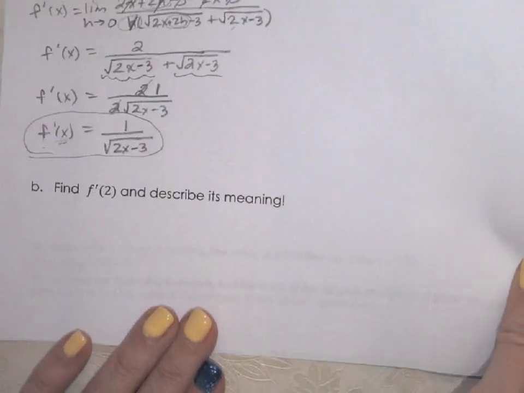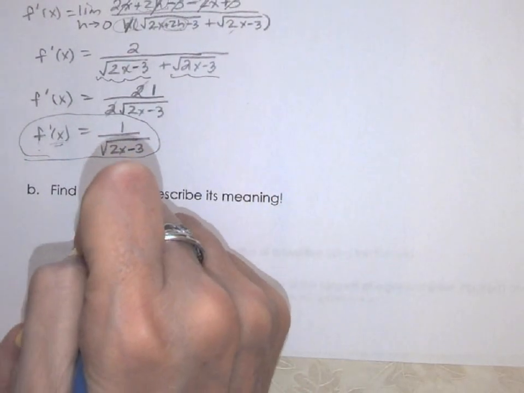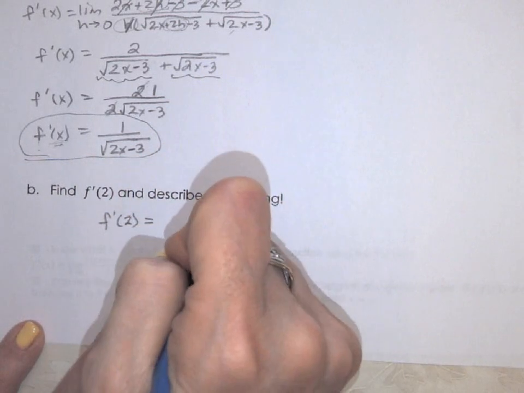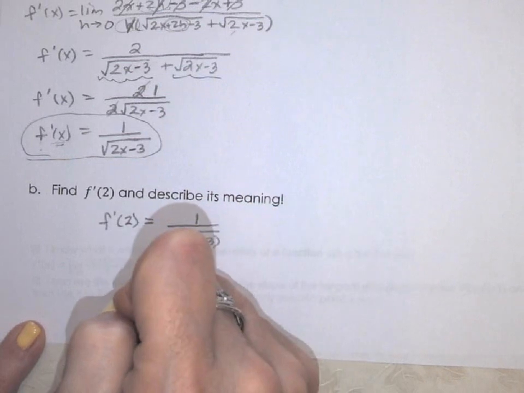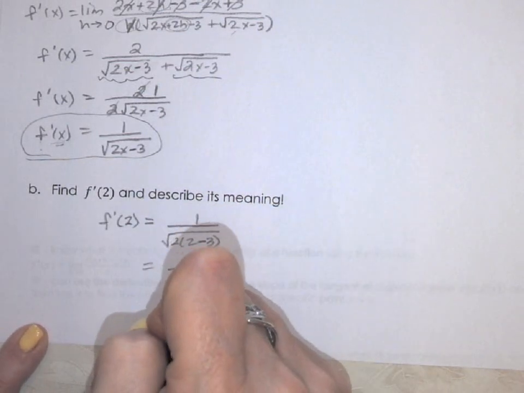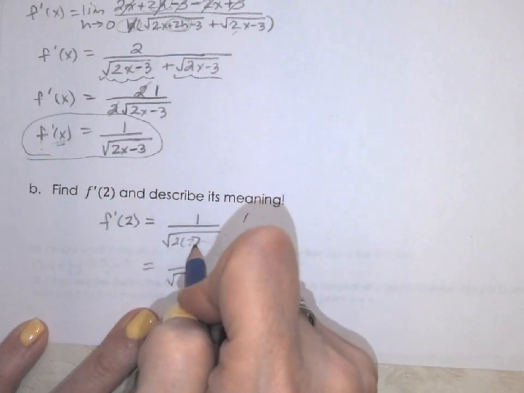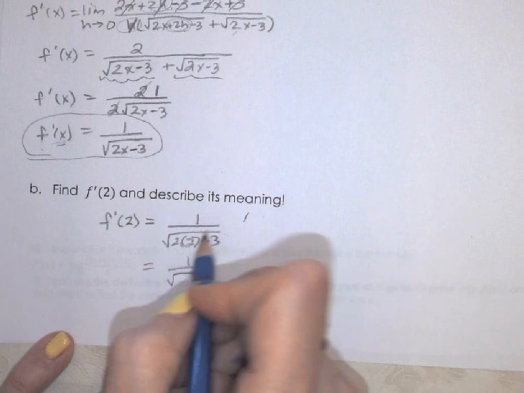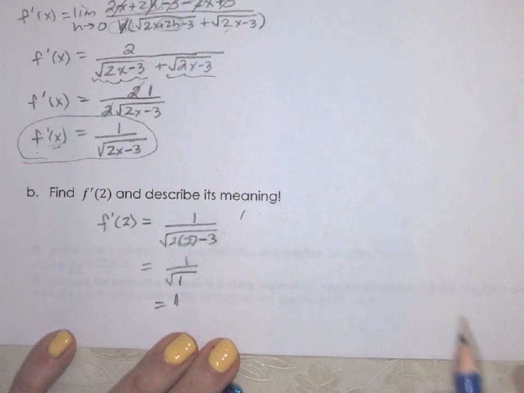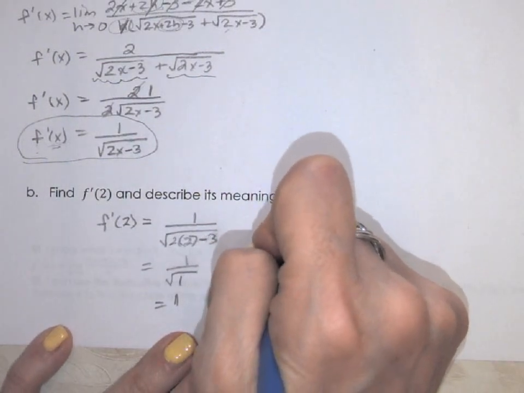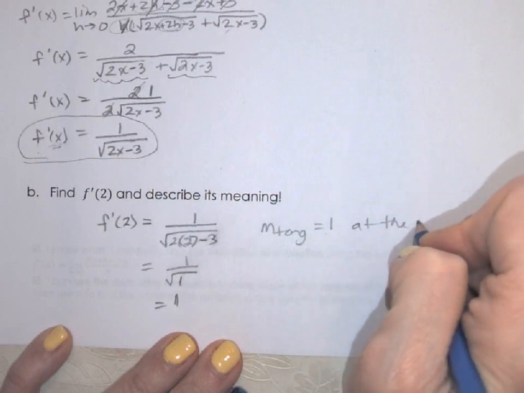So then that follows for part B here. Find f prime at 2 and describe its meaning. So f prime at 2 is going to be 1 over the square root of 2 times 2 minus 3, which is going to be 1 over the square root of 1, which is just 1. And it means that the slope of the tangent is equal to 1 at the point